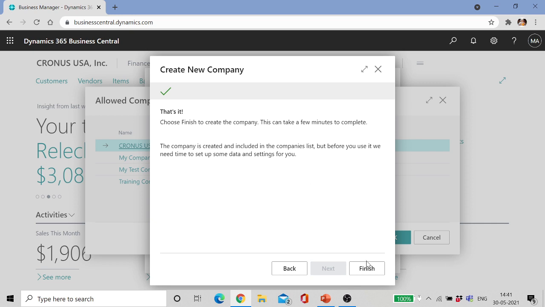So if you click on finish, this will take a few minutes to complete. This way the company is created and included in the company's list. So the new company which I have created will be listed over here. So this was the first way we can